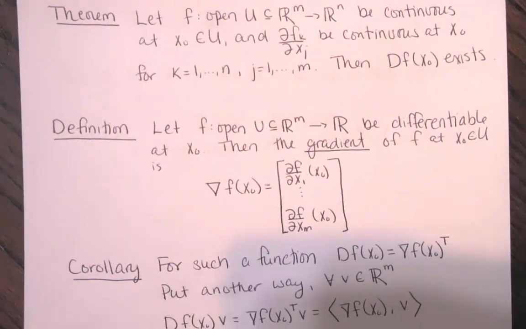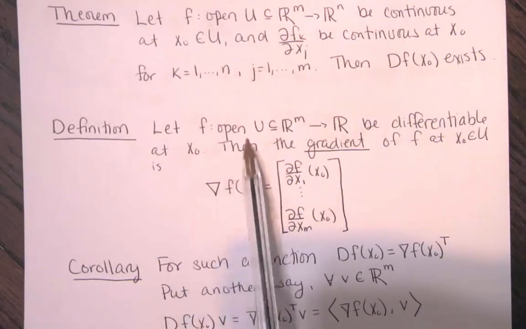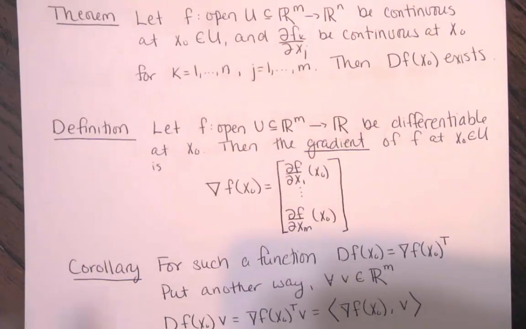Now, let's define the gradient. The gradient is probably something you're familiar with when you took vector calculus. Of course, it's pretty useful in all types of physical and engineering applications. So let f have an open domain, and let it be differentiable at x naught. Then the gradient is a vector whose entries are all the partial derivatives of f with respect to each component of x. And in fact,